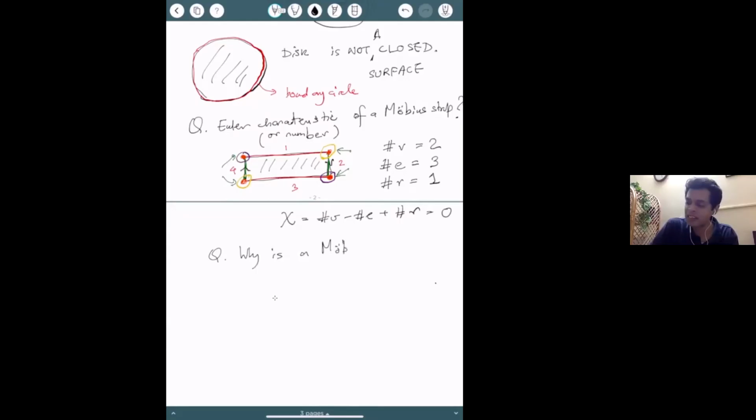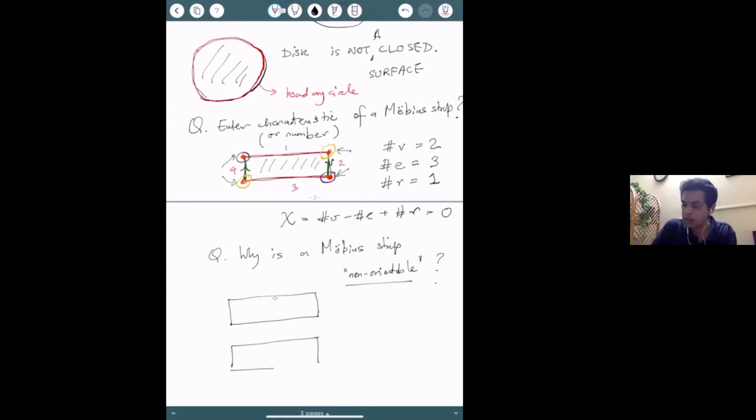Why did I say it is non-orientable? Remember, I defined a surface to be non-orientable if it contains a Mobius strip, if a Mobius strip embeds in it. So why is it called non-orientable? The reason is, if you watch that video of V Hart with Mr. Wind and Mr. Ugg, you might have